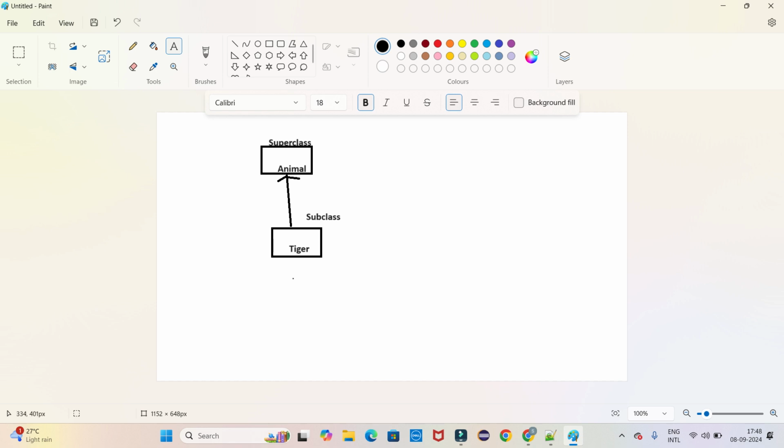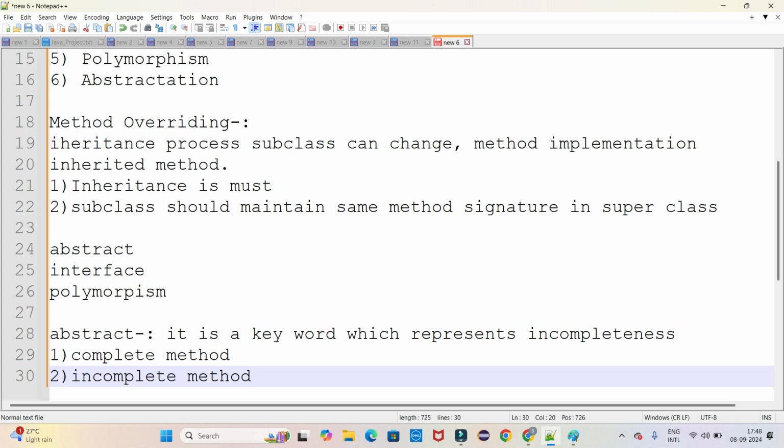I'll type here what is abstraction as well. Okay, complete method, which is incomplete method, that's all. And next would be, after abstract is abstract method, next we will be talking about